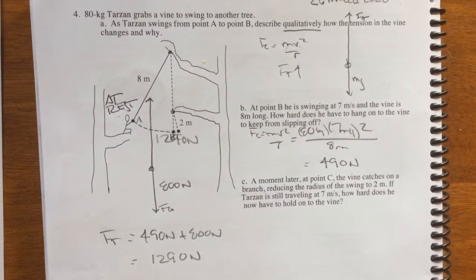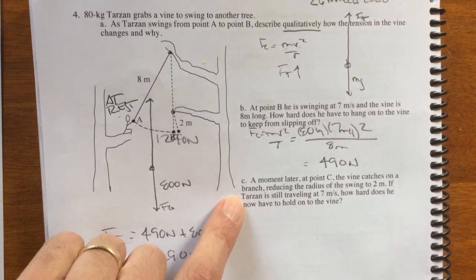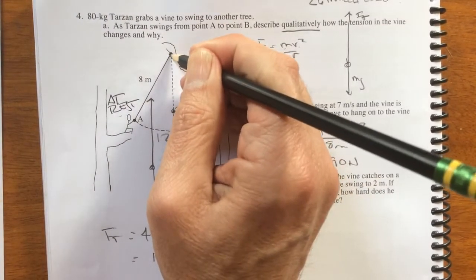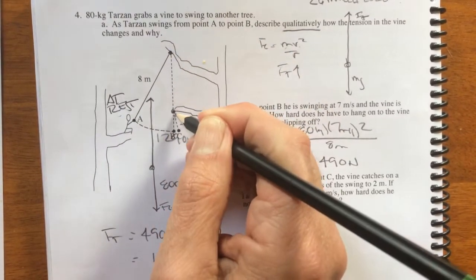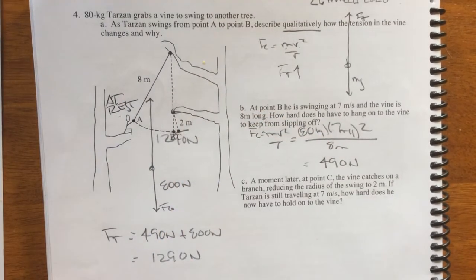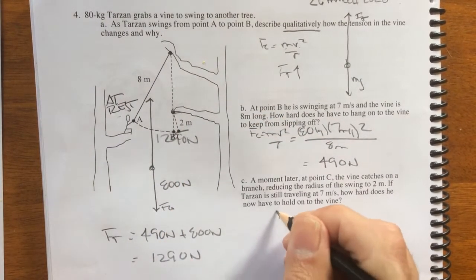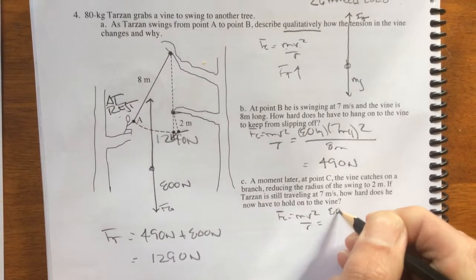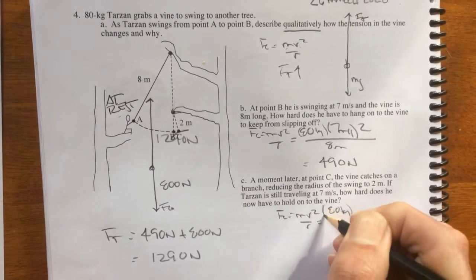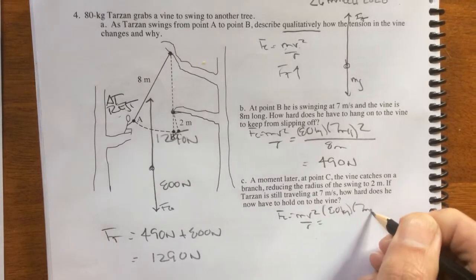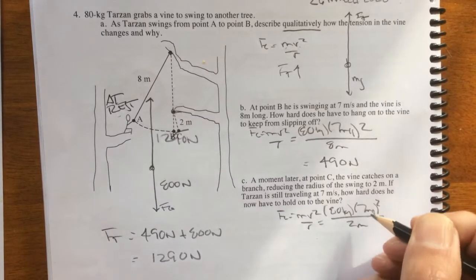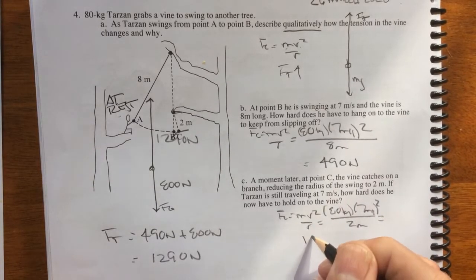At point C, the vine catches on a branch. So now his center of rotation goes from there to there, and the radius changes now to 2 meters. We have to calculate our centripetal force again. Mass hasn't changed. Velocity hasn't changed. But our radius has changed. We're going to get a new centripetal force, much greater,